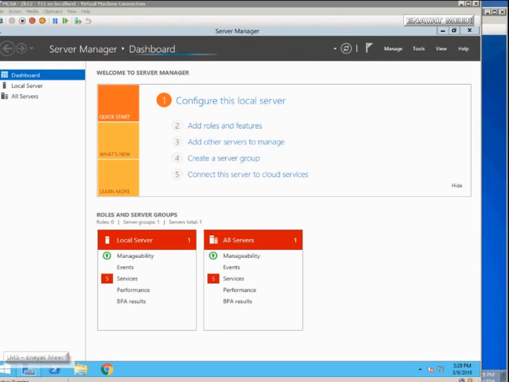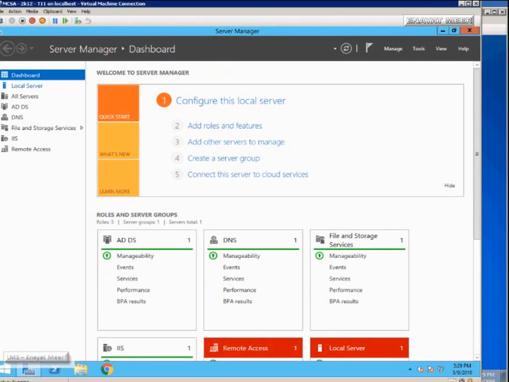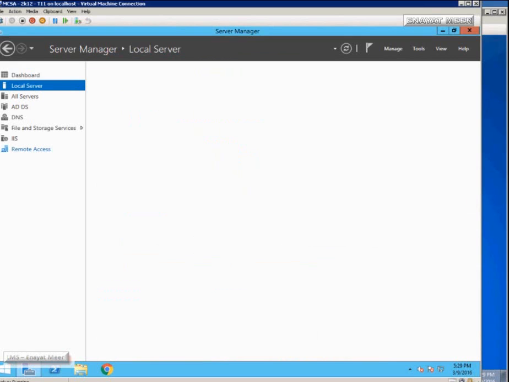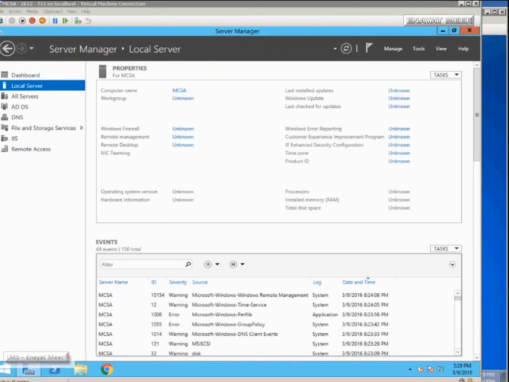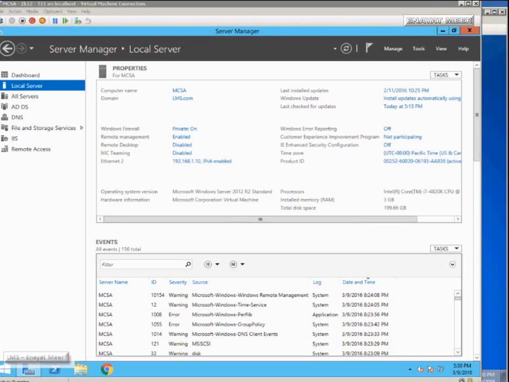So here I am back on my Server Manager screen, where you can see I have this local server. Once you click on the local server, you will see the server name and it will populate. It says workgroup unknown, but it will take a few seconds to populate because it is getting refreshed. It is the first reboot after I promoted this workgroup machine as a domain controller, and I'm still seeing computer name MCSA, workgroup unknown, on the top left because it is being refreshed. Again, you need to wait a few minutes and it will come back. Now you see the domain.